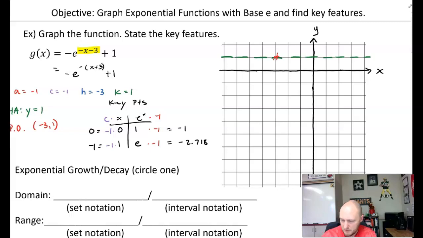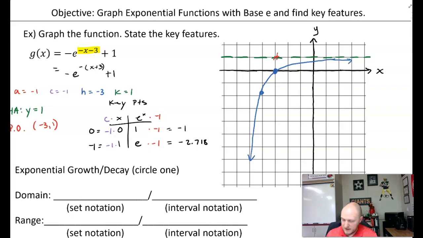Okay, and then I'm going to plot my key points. So 0, -1. I'm going down 1 value. And then -1, so I'm going left 1. And then I'm going to go down 2.7. So 1, 2.7. Okay,